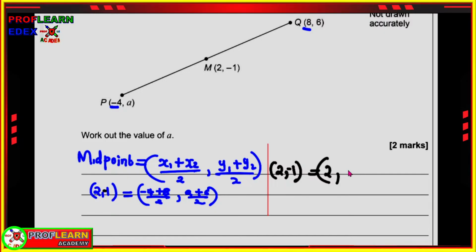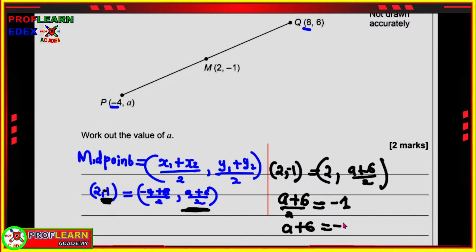and this is going to be a plus 6 over 2. So which will mean that a plus 6 over 2 is going to be equivalent to negative 1. So if we multiply 2 both sides, because this part must be equal to this part, we shall have a plus 6 is equal to negative 2, which will mean that we can take 6 to the other side,